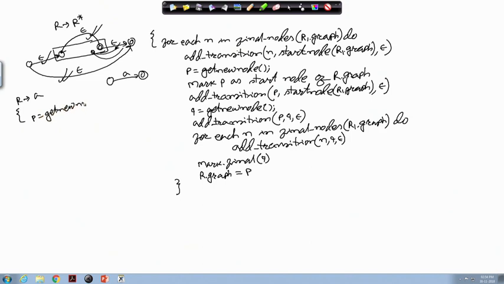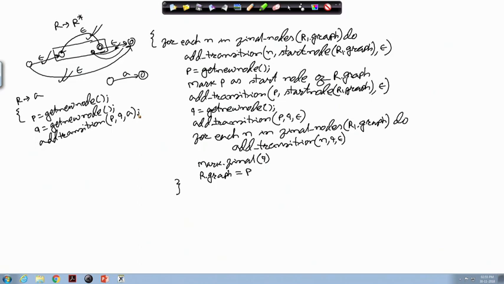I have to first of all create two nodes, one will act as the start node, the other will act as the end node, the terminal node, Q. So, they are the two nodes that I have got, P and Q, and then I have to add transition from P to Q, and the label of the transition is a.